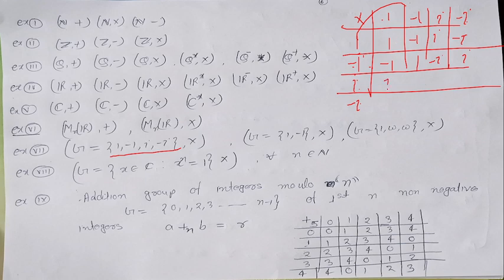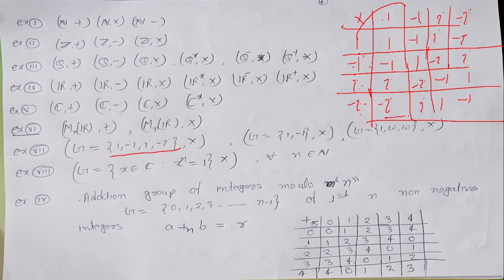I into i is minus 1, and minus i into minus i is minus 1. You can see in each row or each column